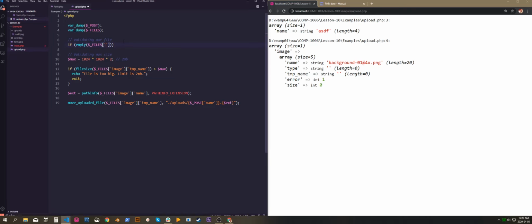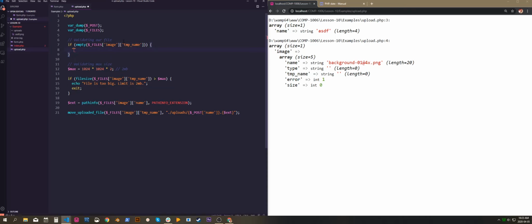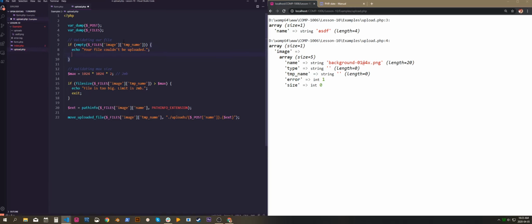And what we're looking for here in this time is whether or not there's a temp name at all, right? Because if there's no temp name, we have no file. Echo, your file couldn't be uploaded. Exit. And if the error code is 1,